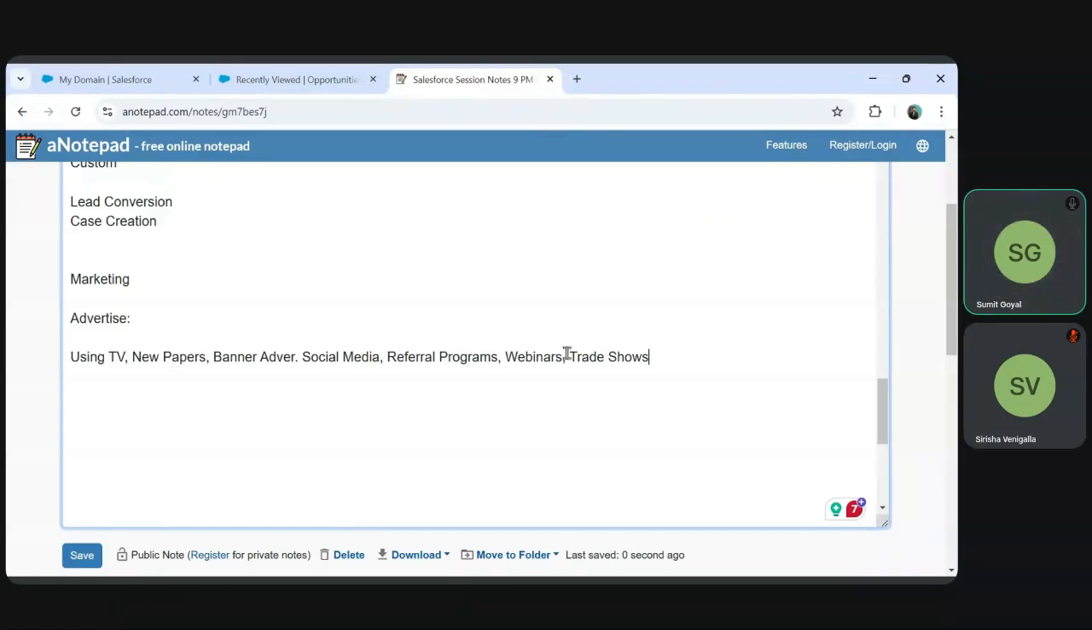So in Salesforce there's a term called campaign. We have to launch a campaign, right? These are all marketing terms that companies use to launch a campaign. What do you mean by launching a campaign? So launching a campaign means